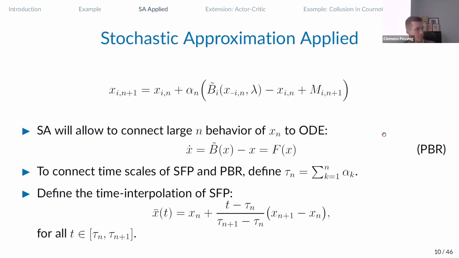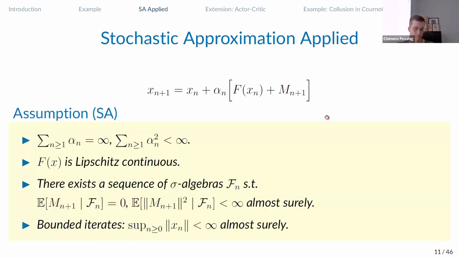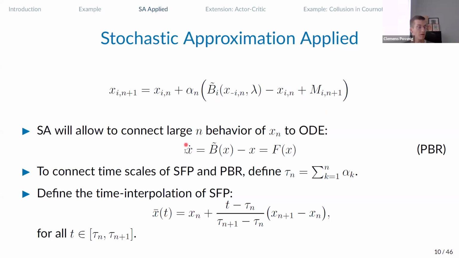So that's our stochastic difference equation. And now stochastic approximation is going to tell us that we can take this difference equation and approximate its long-run behaviors via solutions to an ODE, which we can eyeball will be kind of the first terms here, not the error terms, because these are going to be averaged out. So the ODE we want to look at, which I call perturbed best response dynamics, is just going to be b tilde of x minus x on the right-hand side, where b tilde is now the stacked b tilde I over individuals. And I suppress the lambda because I'm just going to keep it fixed from now on. And I'm also going to quickly call this f of x.